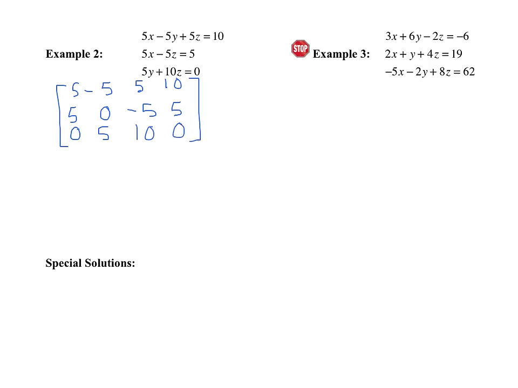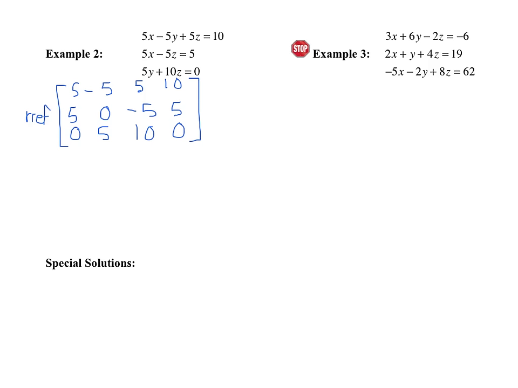Enter this into your calculator, and the work that you have to show on a test or quiz would be to write this augmented matrix, write rref in front of it. So then we're going to enter it into our calculator. This one's going to be a 3 by 4 because we have 3 rows, 4 columns. Put that into your calculator, go to math, scroll up or down to B, press enter, choose this matrix,